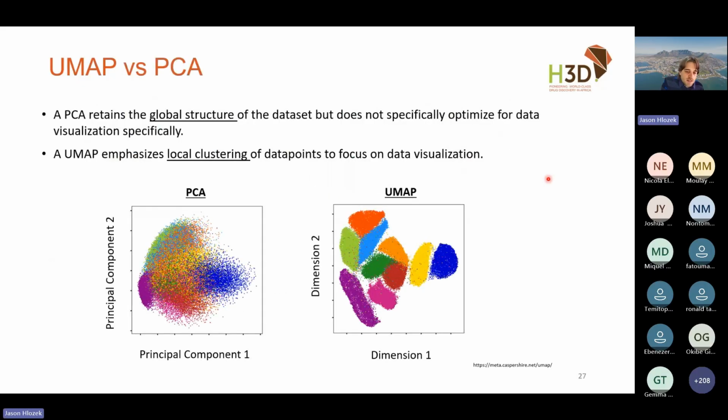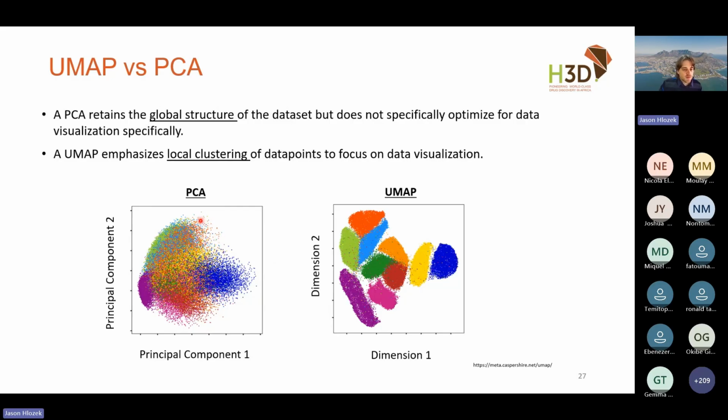So here, for example, is the same data set that's been transformed through PCA and UMAP. There's not necessarily one way that's better than the other. Often you would look at both, for example, and that might tell you different things. And just to emphasize again, the PCA really maintains the global structure of your data. You've just linearly scaled down the data to new axes. But perhaps if your data is very complex, it's kind of difficult to understand.